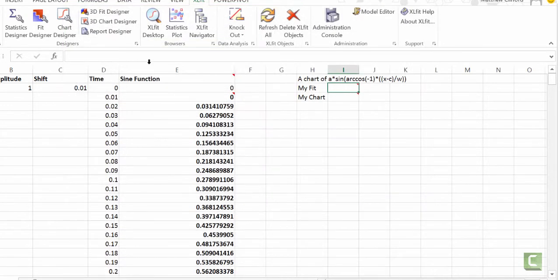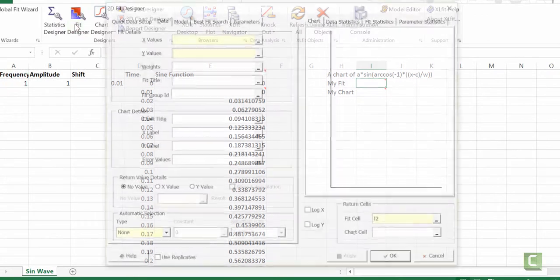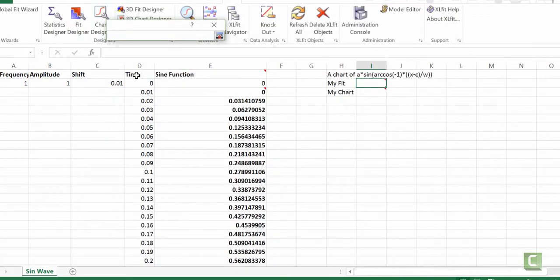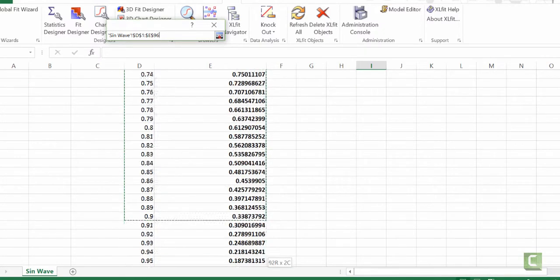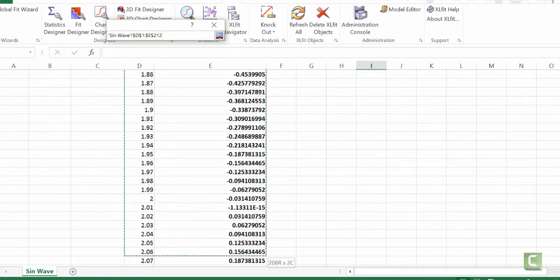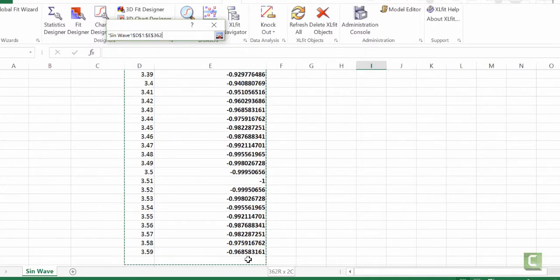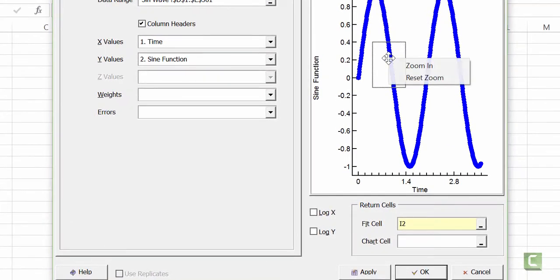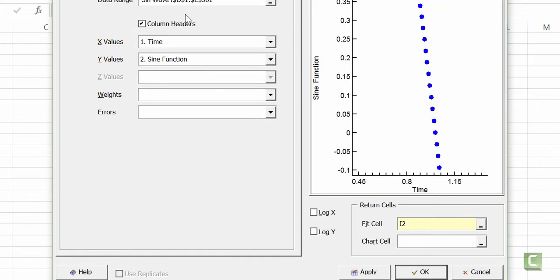So if I create a new fit by opening fit designer, easiest ways with quick data setup, select the first 2 columns, select all the data, there we are. Here's our sine wave. We can see that it is not fitted at the moment,